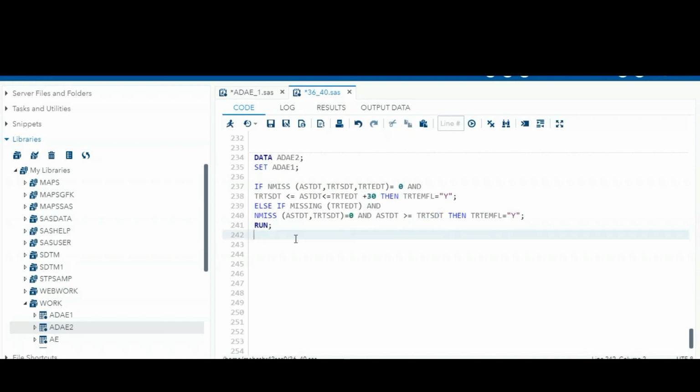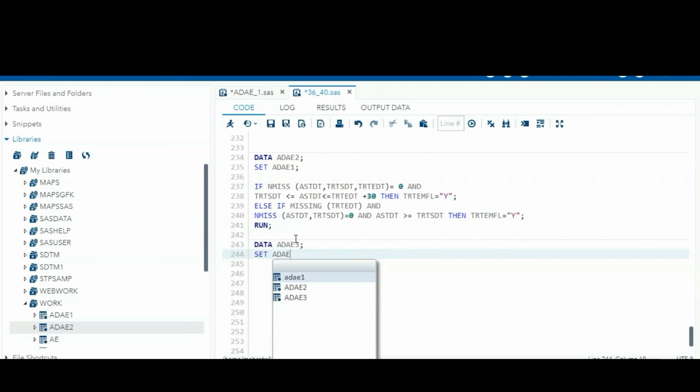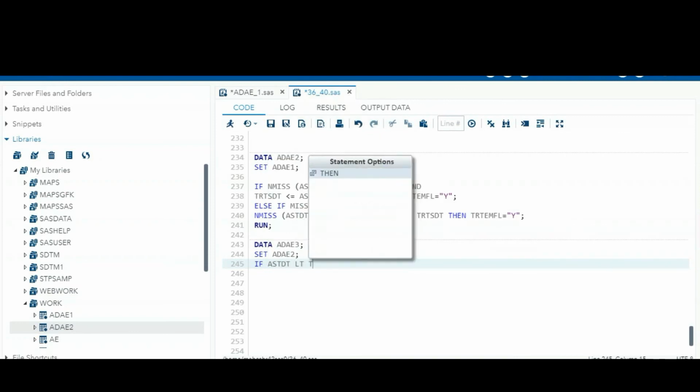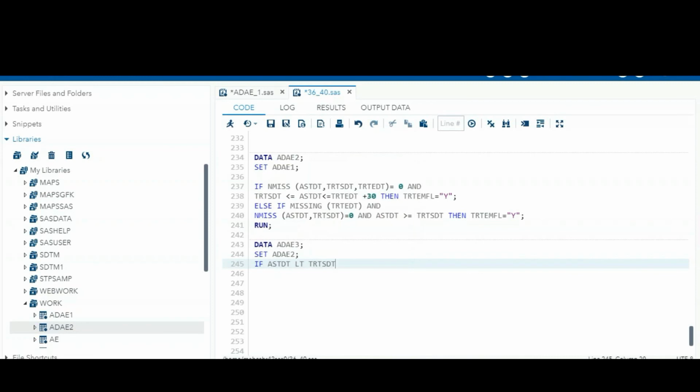Okay, so I'm creating an ADAE2 data set. So what is the condition? The adverse events which are present before the treatment. So the AE started less than the TRTSDT. Okay, and I'm creating it. So if you see here,